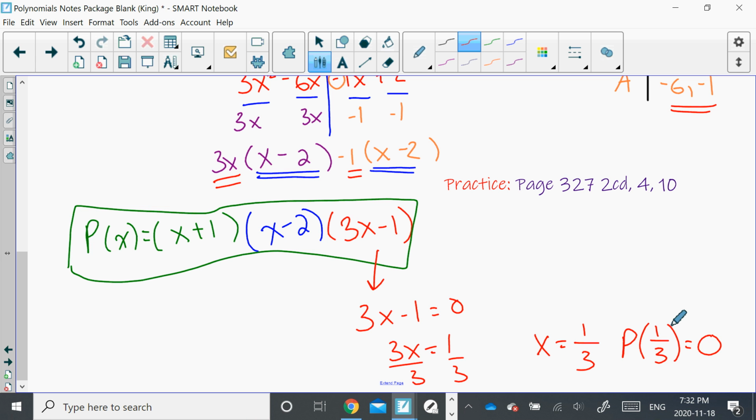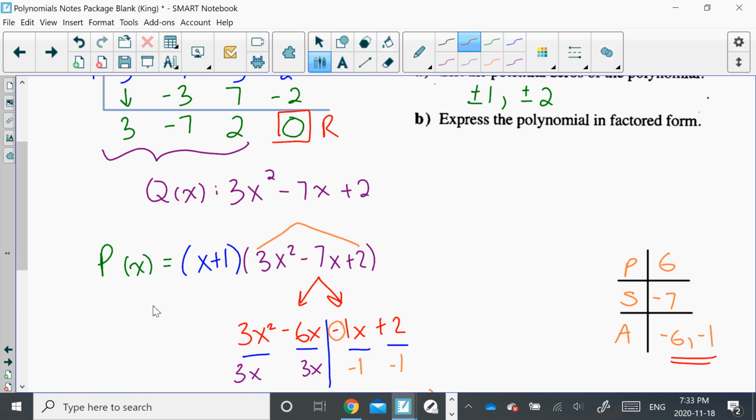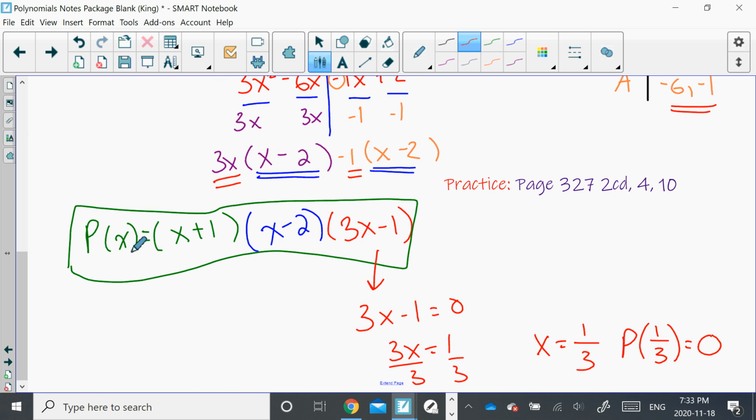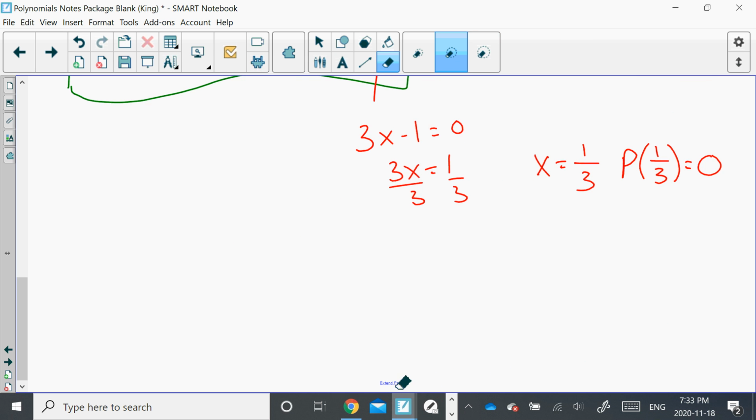Okay, you need to be able to understand for the exam, so this is going to be a long answer question, and you need to understand the difference between factoring and solving. If the question says factor the following polynomial, so this one said fully factor, your answer for fully factoring would be this answer here. If it says solve, what you need to then do, once the question says solve,